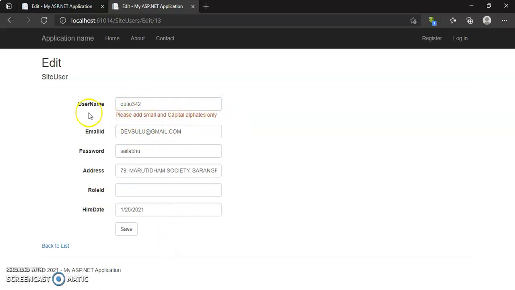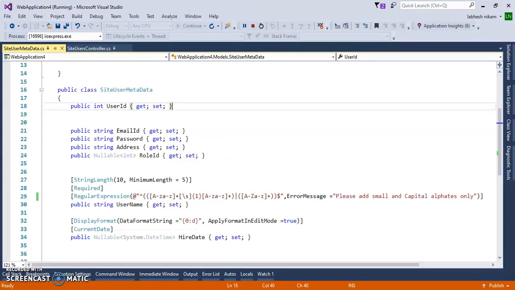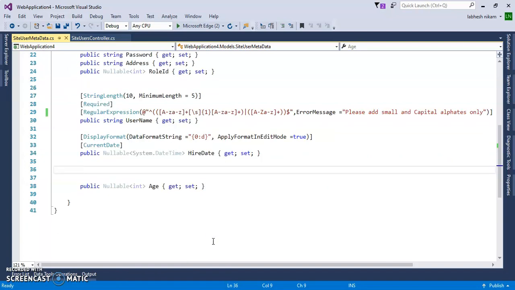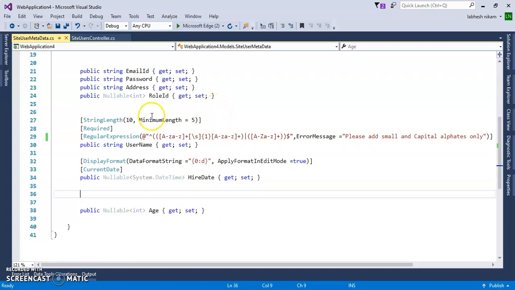Now the same validation for email id. If the at the rate symbol is not contained, it will give us an error. If a dot is not contained, it will give us an error. After the dot there must be something. For that, on the email address field, username, hire date, and this is address, email id, this is the email id.